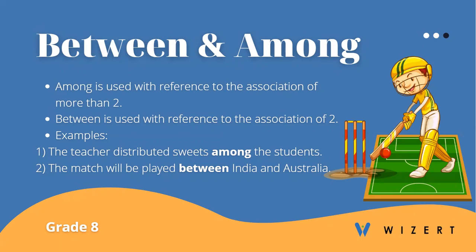Look at the examples. The teacher distributed sweets among the students. So obviously over here you're talking about a huge number of students, which is why we are using the preposition among. Second, the match will be played between India and Australia. Now you are talking about Team India and Team Australia. These are two groups. That is why we are using the preposition between. Moving forward,